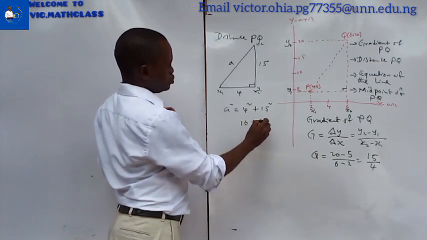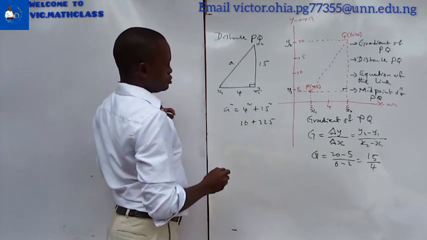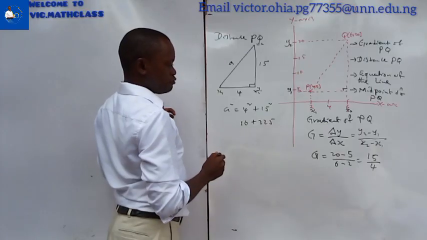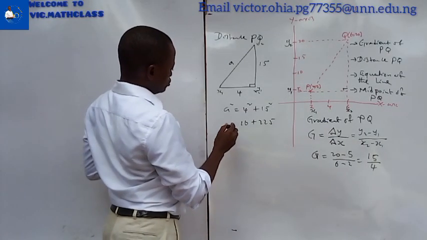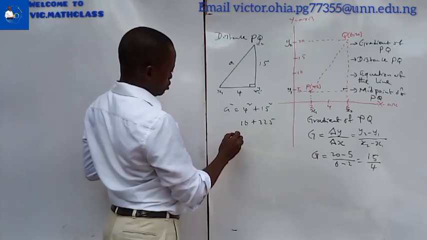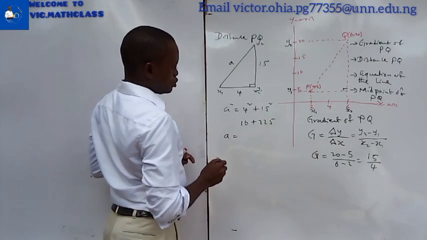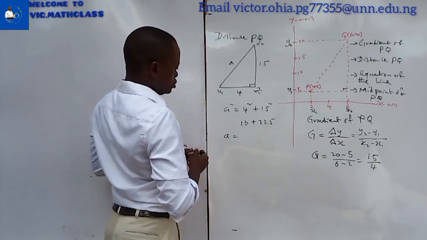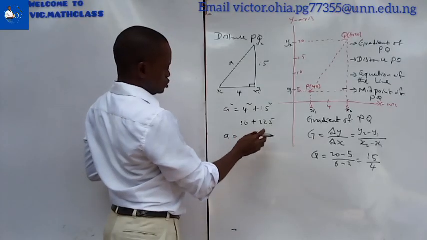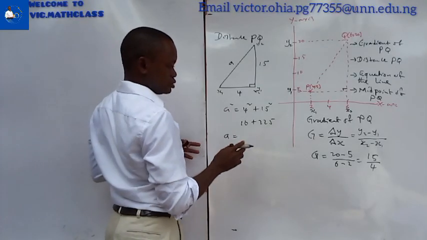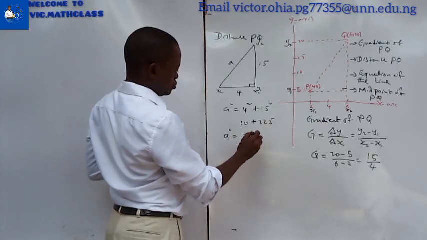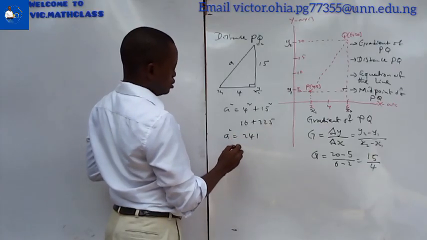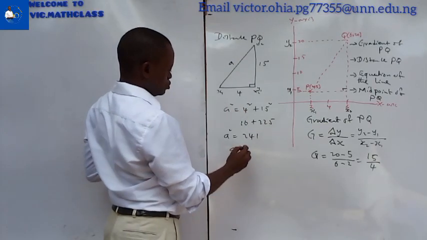and this is going to give us 16 plus 225. All right, by my calculation, I have it as 225. 15 times 15 is that. So I have A equals 16 plus 225. Of course, if you add it up, you are going to see that it is going to give you 241. So my A, which is the distance PQ, will be